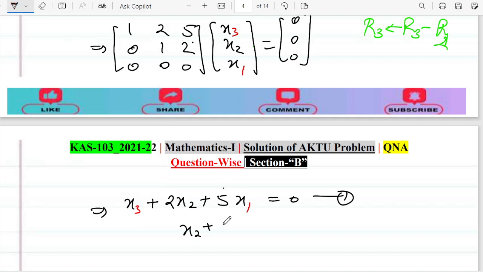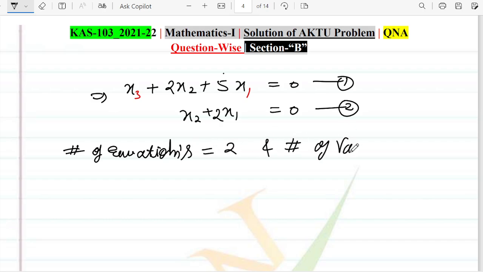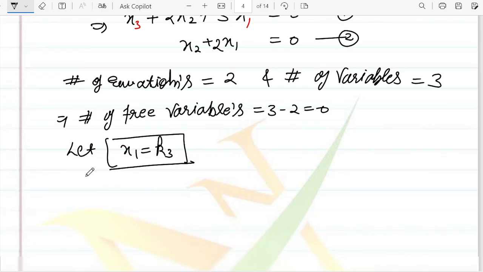तो ये बन गया आपका x2 प्लस 2x1, राइट, दैट इज 2। अब देखिए नंबर ऑफ इक्वेशंस कितनी है भाई, नंबर ऑफ इक्वेशंस 2 एंड नंबर ऑफ वेरिएबल्स कितने हैं, नंबर ऑफ वेरिएबल्स 3 है, this implies number of free variables is 3 minus 2 is equal to 1, so let x1 is equal to k3 be a constant, right, ये आपने constant consider कर लिया, then from second x2 is equal to minus of 2 k3,